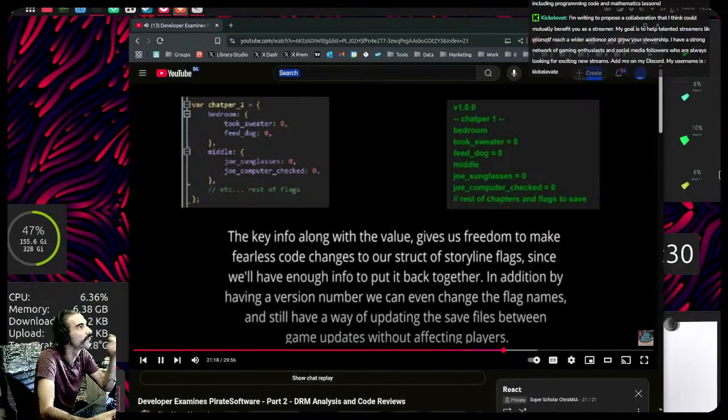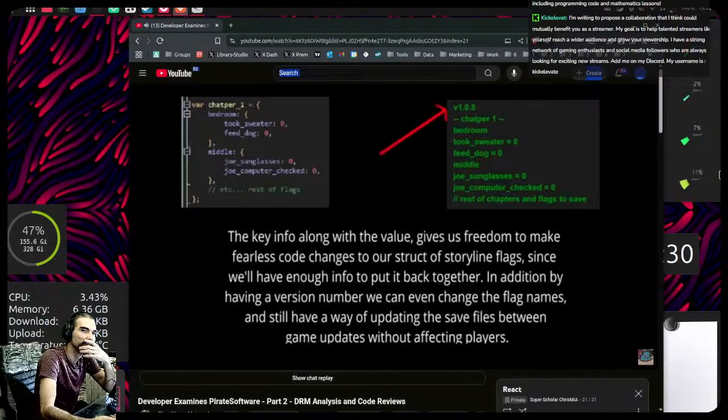Also, one other minor thing, I threw in the save file version number at the top, for example. This helps ensure if we're making drastic changes between game versions, you can easily check what version of the save file you have and internally how to update it.